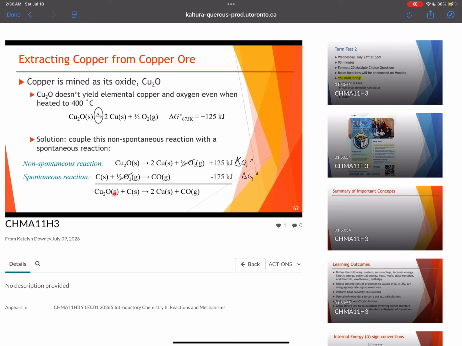My final reaction here is not exactly equal to this, but it's getting the job done. My goal really was to get my copper oxide converted to solid copper. I don't really care that we're not producing oxygen in this reaction. As we saw with Hess's law, how do we figure out the delta G naught for this final reaction? I just add up the delta G naughts for the reactions that I've added up. So plus 125 minus 175 means that this final reaction has a delta G naught value of minus 50, and